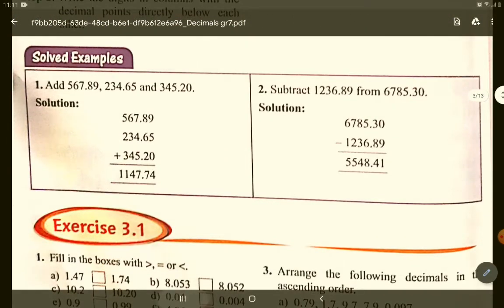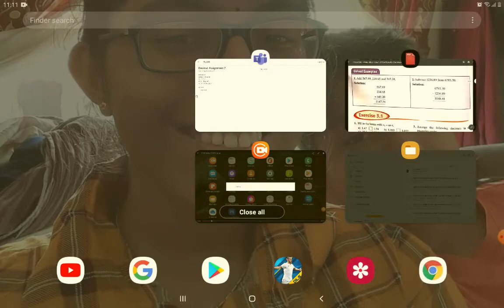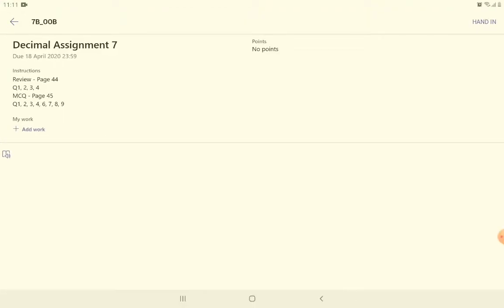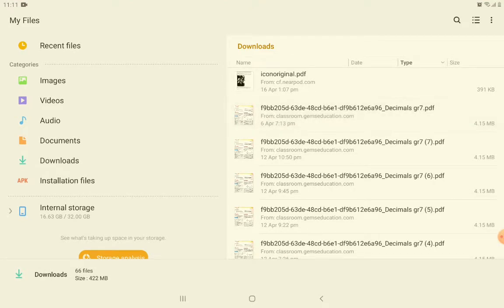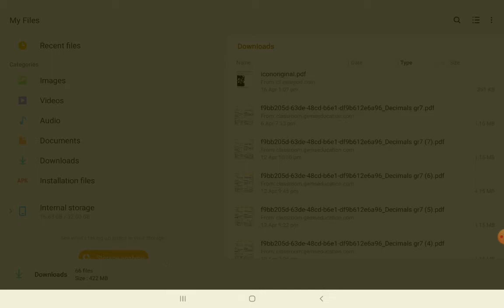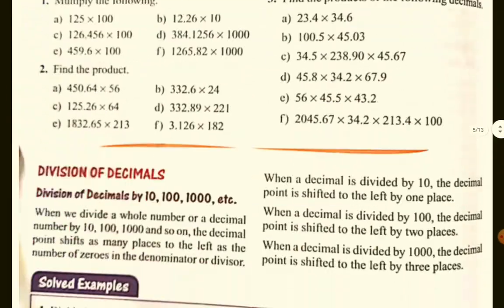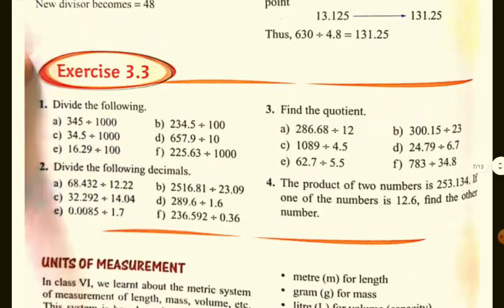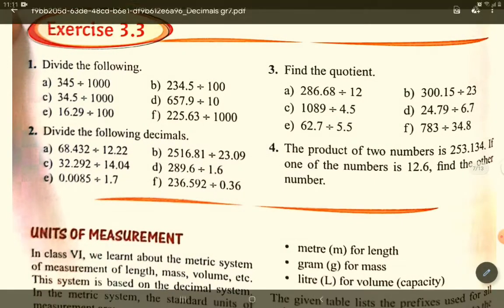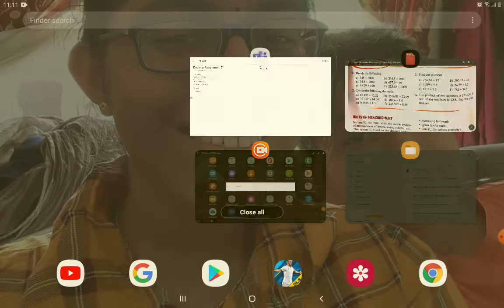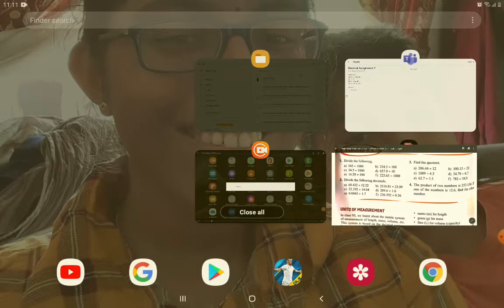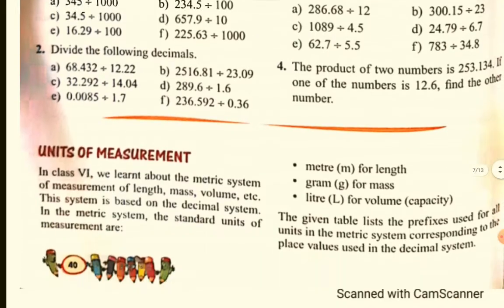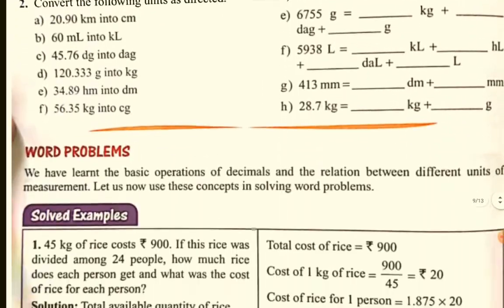This whole chapter is scanned, and you can do your homework. It's like that. When you minimize, for example, when you're writing, just go through the questions, and when you come in files, for example, you got this is my homework. So again, go to Teams, MCQ, page 45, MCQ. MCQ is very far.